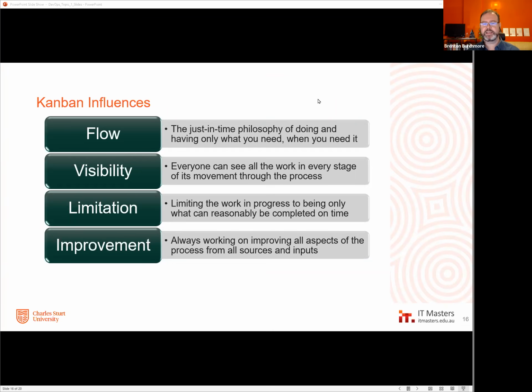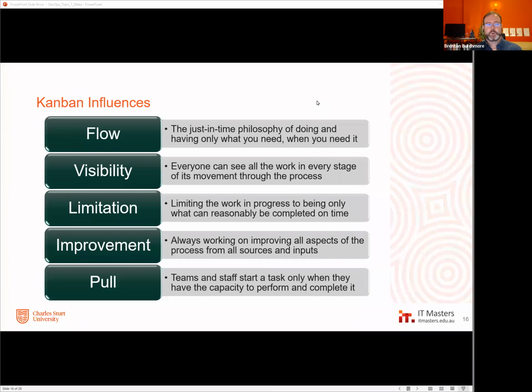And those people had the answers, or at least the suggestions. Well, if we did this, I wouldn't drop this, and this wouldn't happen, and this wouldn't be an issue. Same thing happens with DevOps. Opportunities for improvement are consistent. They're always there, and we should always look for them and grab them.